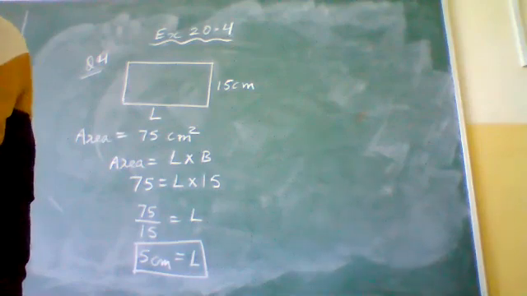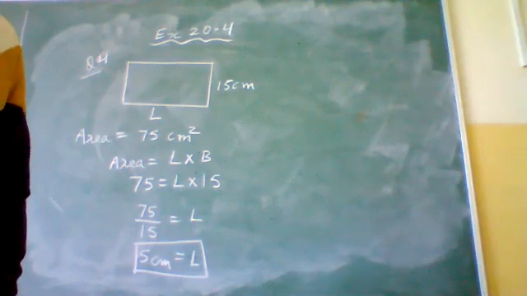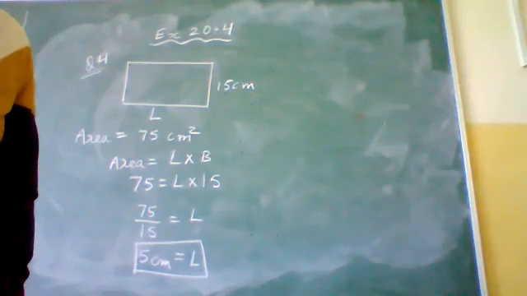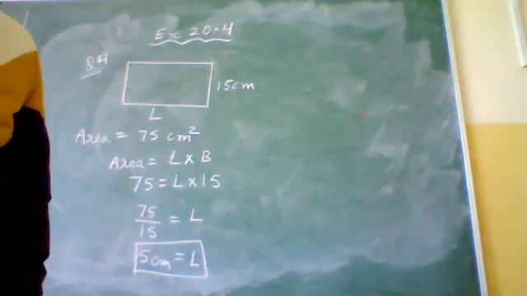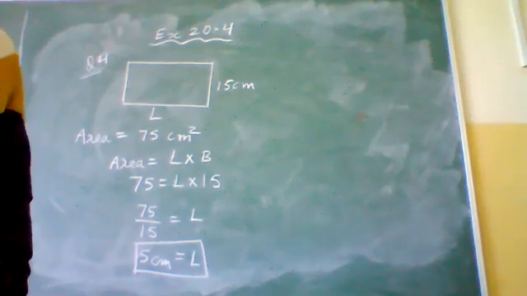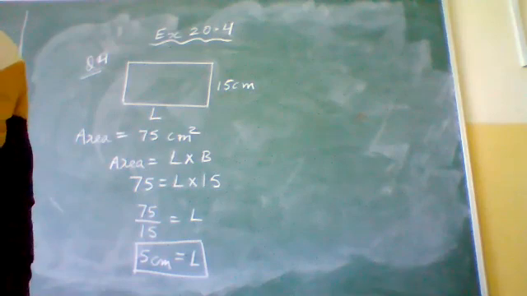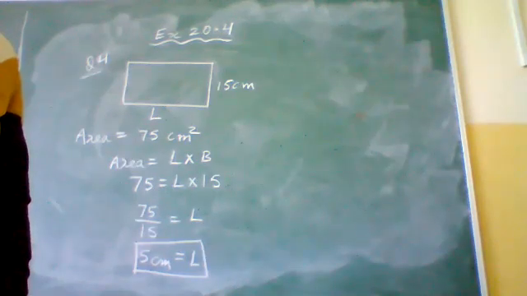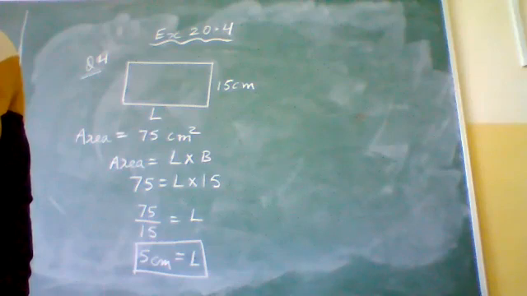Yes, done the fourth one. Try the fifth one also. If the base of a parallelogram measures 7 meters and the area is 105 meters square, find the height of the parallelogram. Ma'am, it is just like a rectangle. Yes, very similar question. Base of the parallelogram: first you draw a parallelogram and then write the formula of area of a parallelogram and then find the height of the parallelogram. Okay, do it.